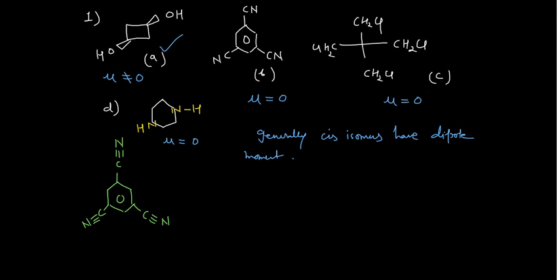How? See how the dipole moment will project. This is the bond moment of the CN, this is the bond moment of the CN, and this is the bond moment of the CN. You know this dipole moment is actually a vector and they are going in different directions, and whenever vectors go in different directions, they cancel their effects. So whatever bond moment there is for this cyanide would be exactly cancelled by the other. That's why this species will have zero dipole moment.